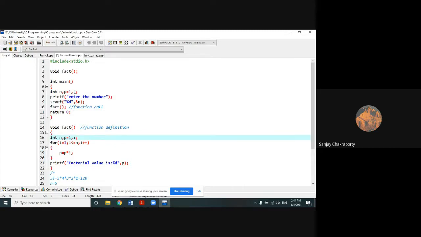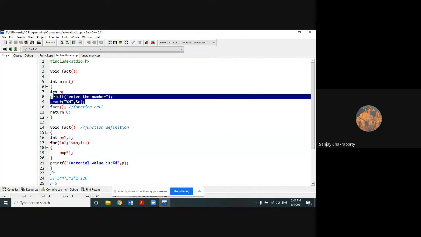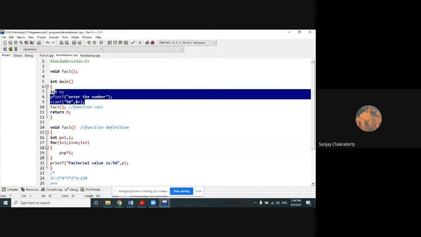With argument without return type. So I am going to declare only the n variable within the main method, and the other two variables inside the sub function fact, because p and i are used within this sub function, and n is used within this sub function. So the reading or scanning of a number takes place in the main function.